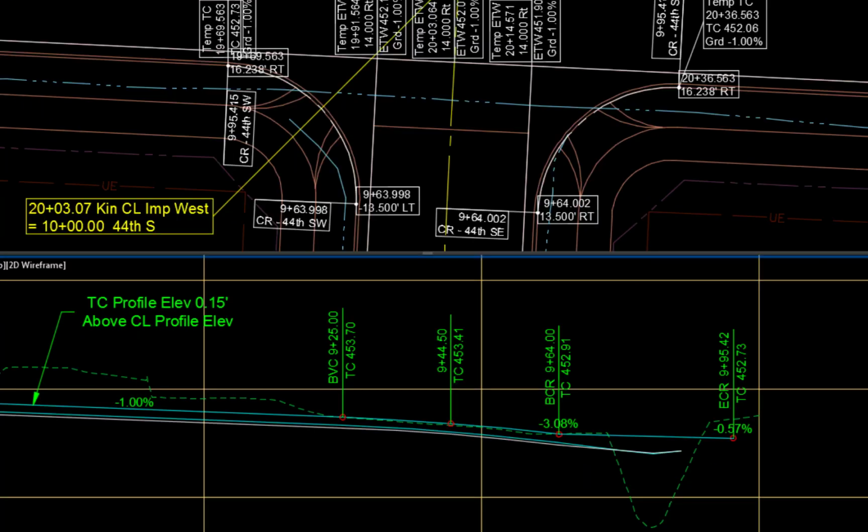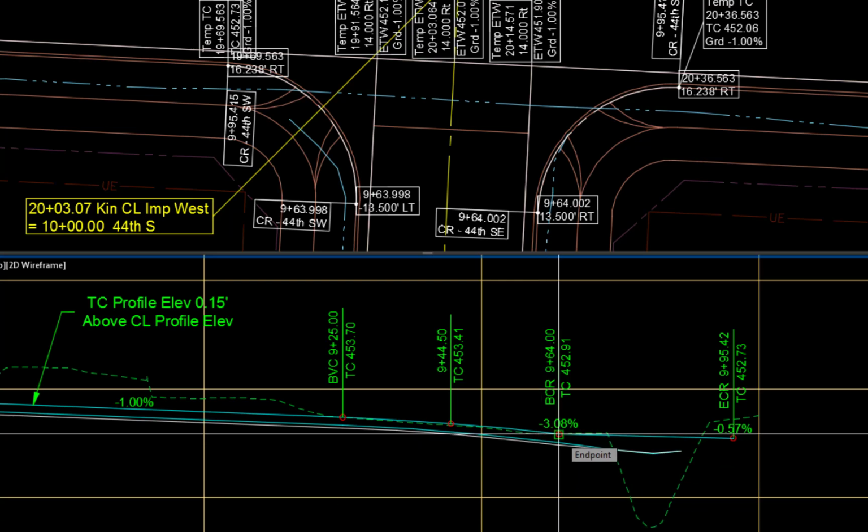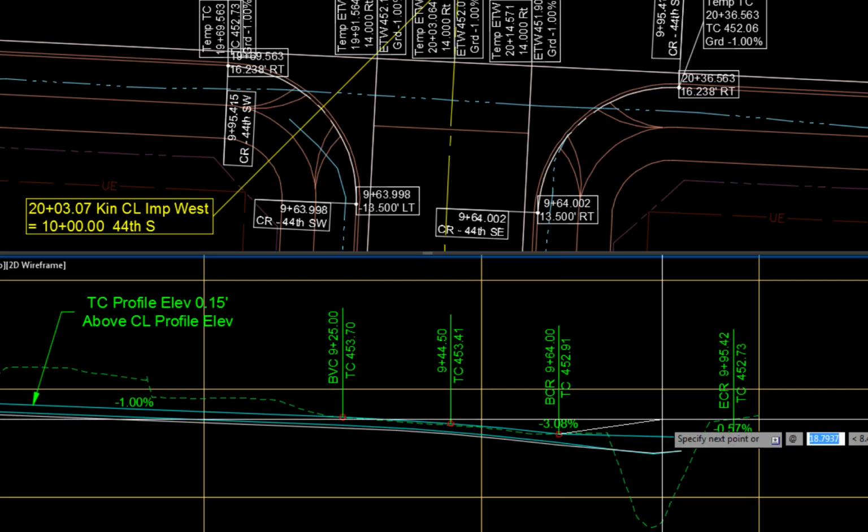Draw a temp profile tangent line on layer 1 from the BCR extending toward the ECR. Start the line command, L enter. First point with snap on, pick the BCR. Second point, use at to enter X and Y components at 25, comma, and grade shown in the BCR label,